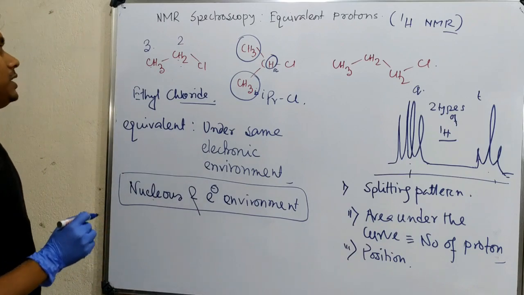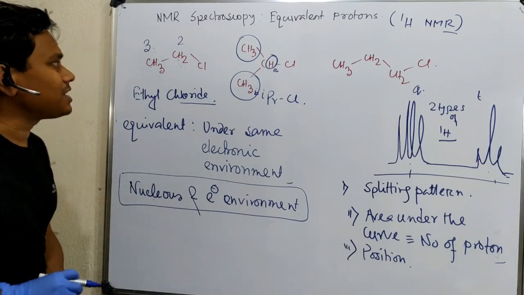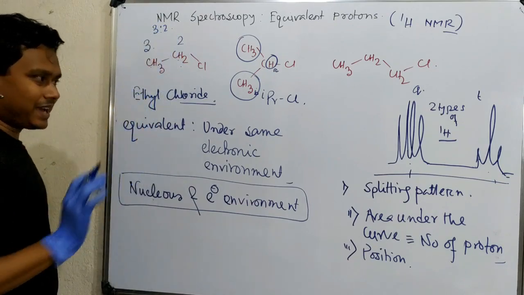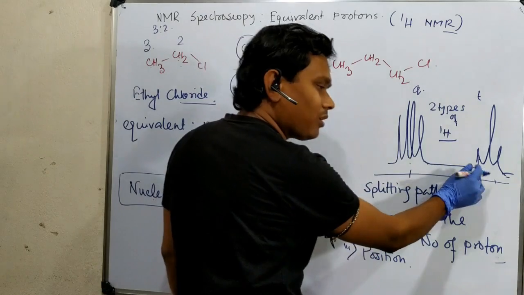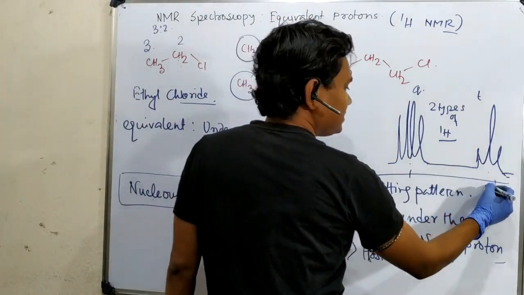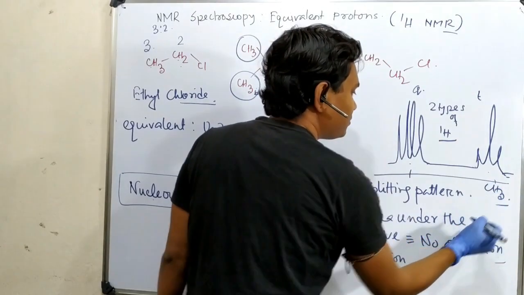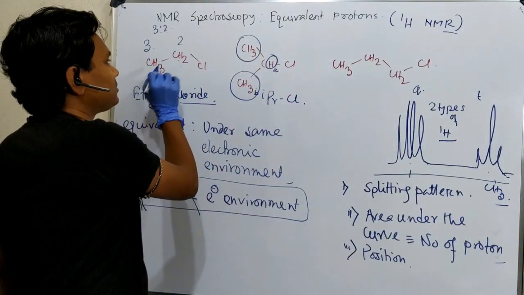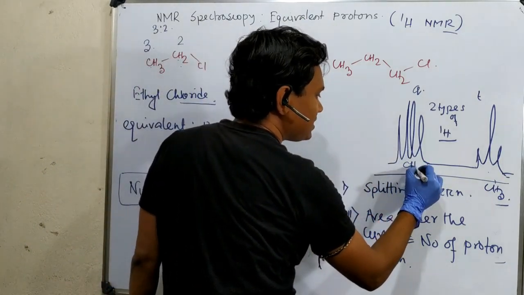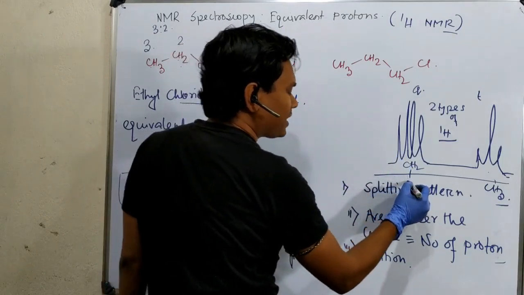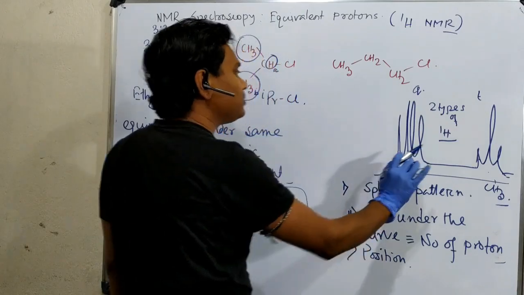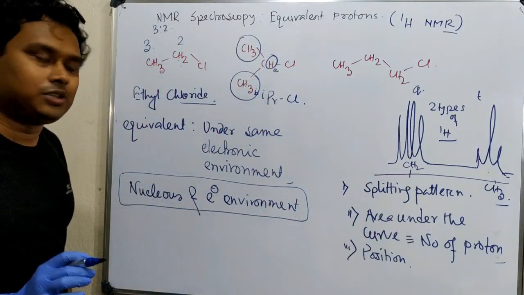Okay. By the way, from here another interesting data you can get: the ratio of the protons, 3:2. I have tried to draw, though the drawing is not appropriate, but this is for the CH3, which is a triplet because of 2 plus 1, those things I'll come to. And this is a quartet, this is actually CH2, and this is relatively high, you may consider around 3 or 3.5 because a halogen is attached. Okay, so just a rough idea I wanted to provide you through this lecture.